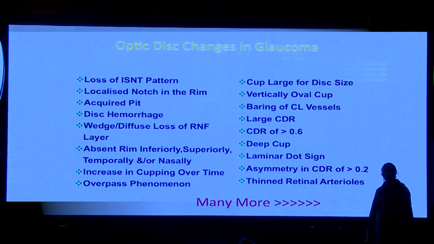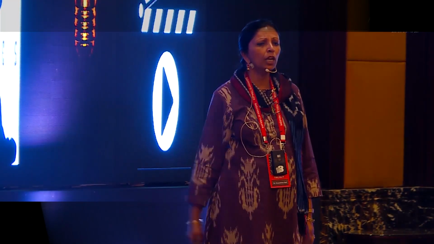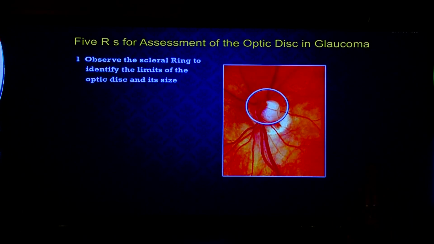So optic disc changes in glaucoma, there are many, but the most important ones are loss of the ISNT pattern and a localized notch in the rim, which are absolutely diagnostic factors for glaucoma, as well as disc hemorrhage, large cup disc size, vertically oval cup, bayoneting of the circumlinear vessels, a large CDR, and many others. So the basics of examination of the optic disc, the 5 R's for assessment of the optic disc in glaucoma: